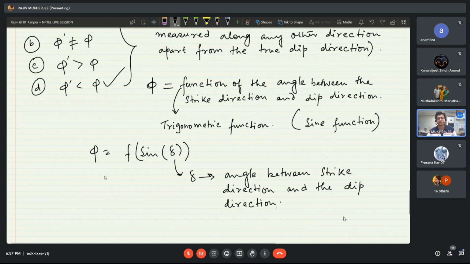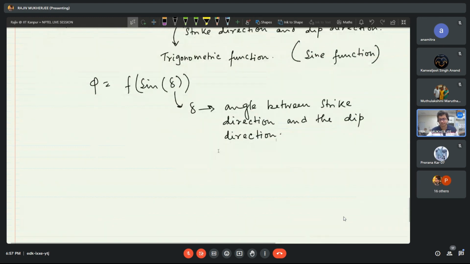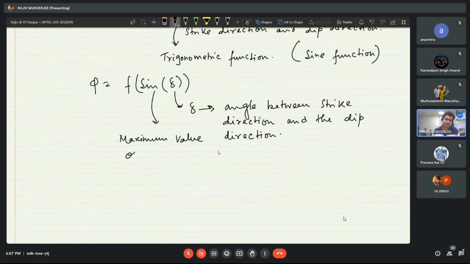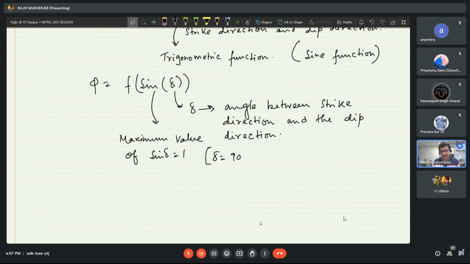Okay, now what is the maximum value of sine delta? One. Exactly. And when sine delta is 1, when delta is 90 degree. Exactly. Then when delta is 90 degree, that means when the